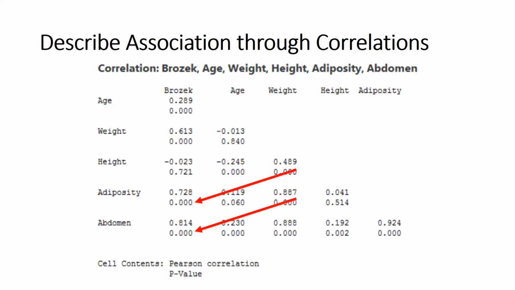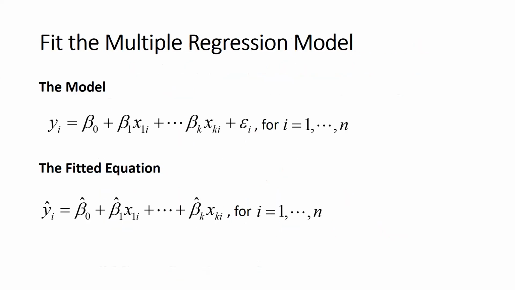And in fact, if I were in a classroom situation right now, I probably would take a little bit more time to explore or maybe review simple linear regression models by fitting a simple linear regression between Brozek body fat percentage and one or maybe even both of these two fairly strong associates of Brozek, represented by abdomen and adiposity. So I just want to plant that seed now. We'll come back and talk about those two in a few minutes.